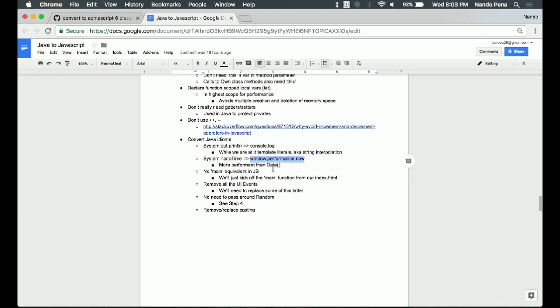Now that doesn't typically mean the same kind of performance in the sense that I've been talking about. It's not that using this method is going to be quicker to execute than the other one. What it does mean is that it's going to give me a higher resolution of time. So instead of getting a millisecond range, I might get a nanosecond range. I'm not sure that's going to make a big difference, but I just went ahead and used it anyway to see how it worked. This is very much an experiment for me. I'm converting this over, and then I'm going to log all the differences, play around with it, and try to get the best performance out of it.